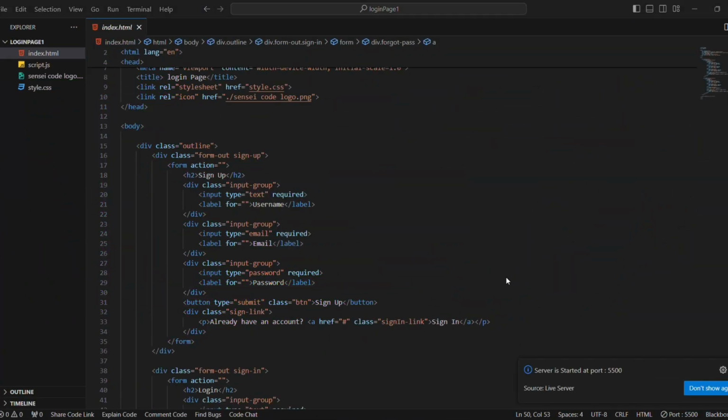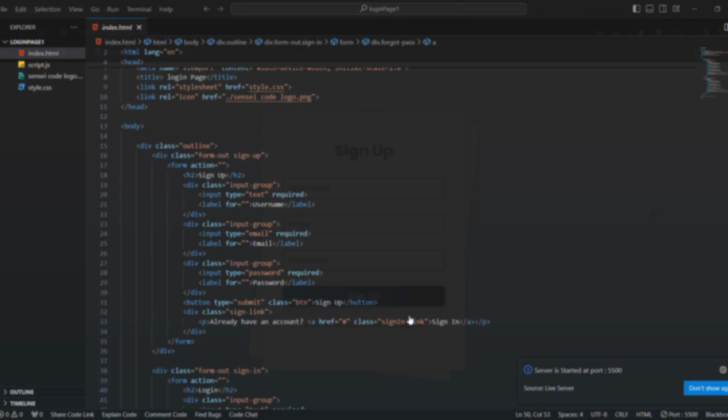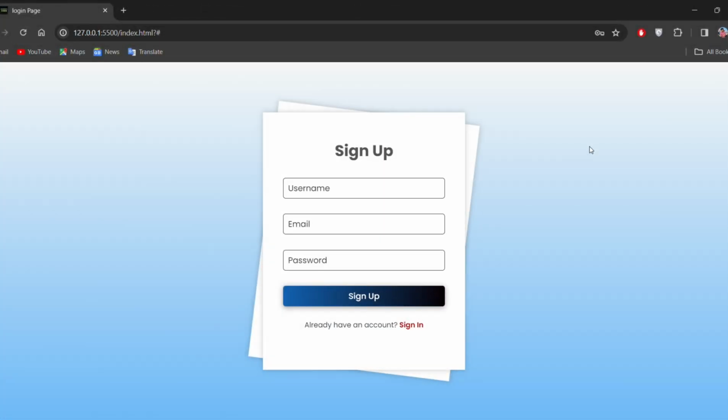Certainly. This HTML code creates a login page with two main sections, Sign Up and Login. The Sign Up section includes a form where users can input their username, email, and password. Each input field has a corresponding label for clarity. A Sign Up button allows users to submit their information, and there's a link at the bottom to the Sign